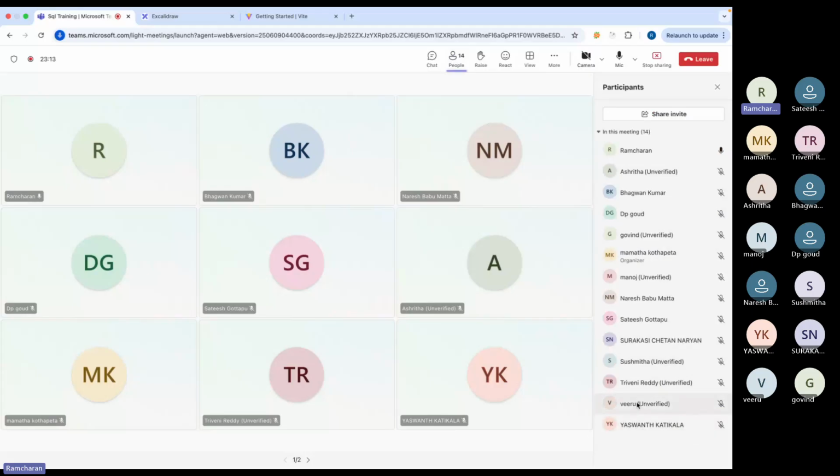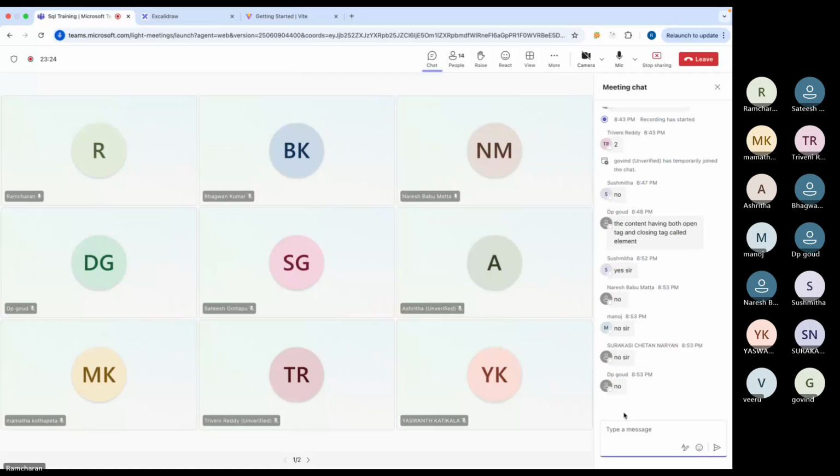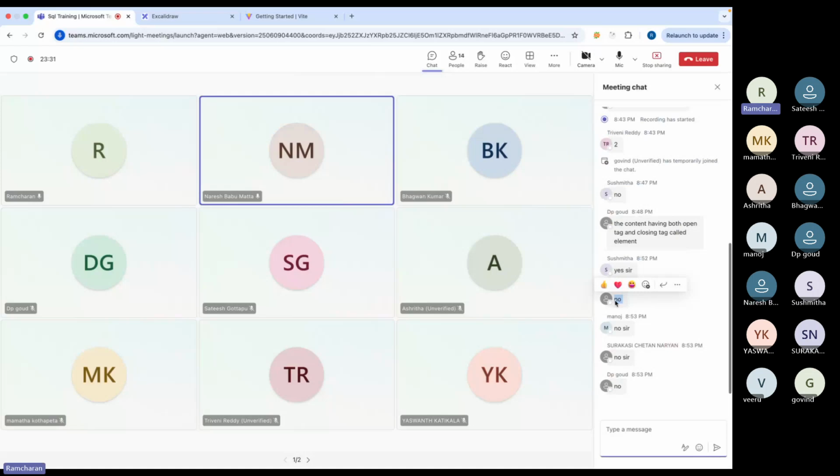Yashwant, Viru, Chetan, you No. haven't tried. Hello. Hello, Naresh. Yeah, yes, I have tried, sir. It is not difficult. Okay. Yeah. Who else? Okay,